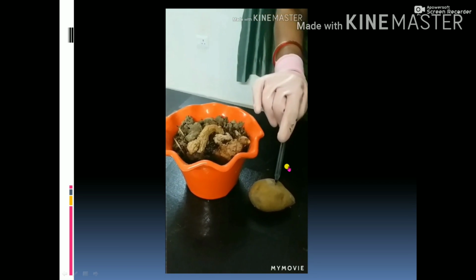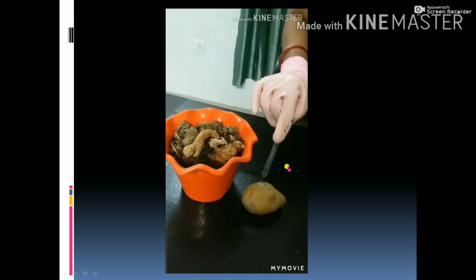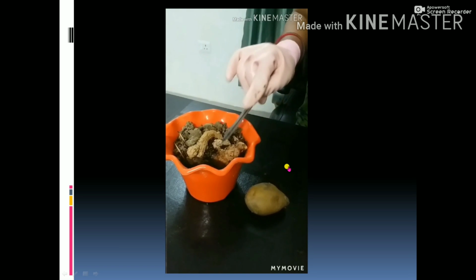Why is potato a stem? Because buds, that is nodes, are present here. In ginger also, nodes and internodes are present. In Bryophyllum, reproduction takes place through the leaf. In this, you will see, this is dahlia, the reproduction takes place through the